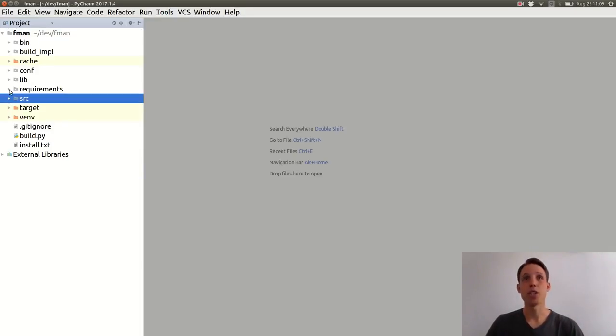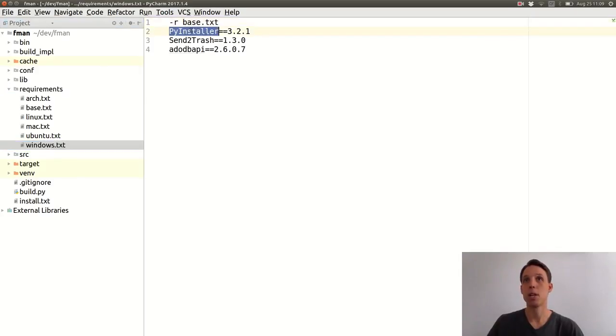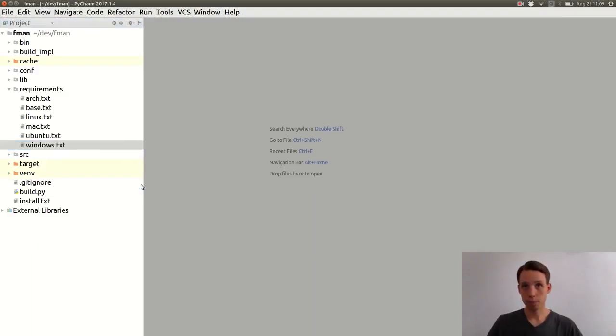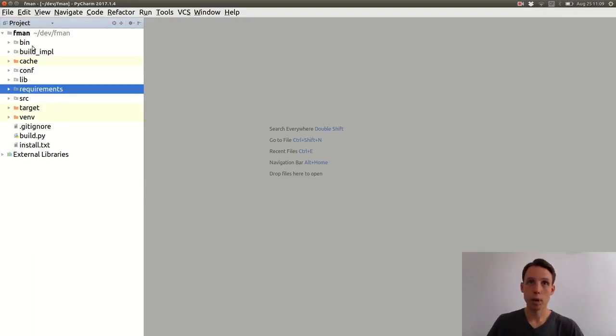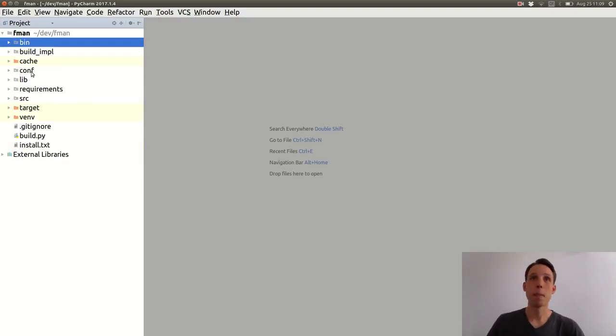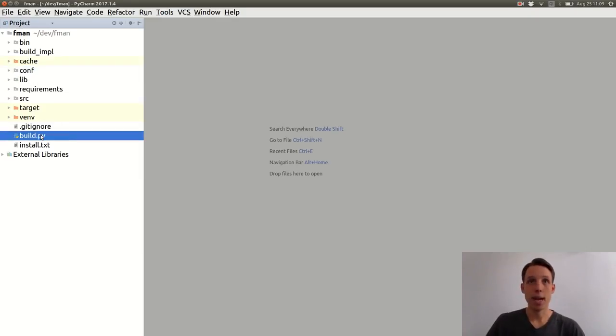fman is a Python project, so in Python you can use so-called requirements files to declare dependencies. So for instance, on Windows, the dependencies are PyInstaller and a few others that are not of great interest. What else? There's a bin directory which contains small little scripts that are useful during development. A cache directory which is generated as part of the build. Conf directory contains configuration files. And the